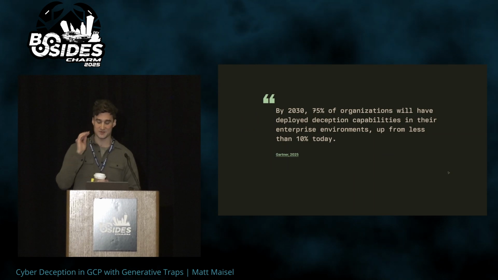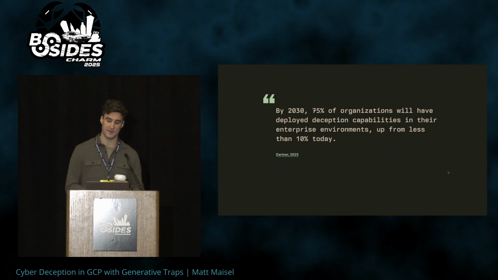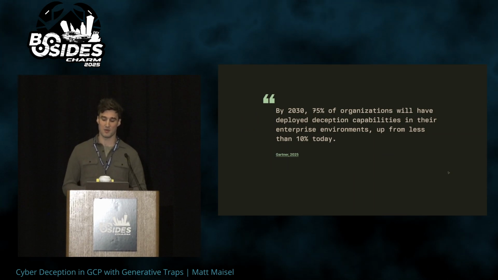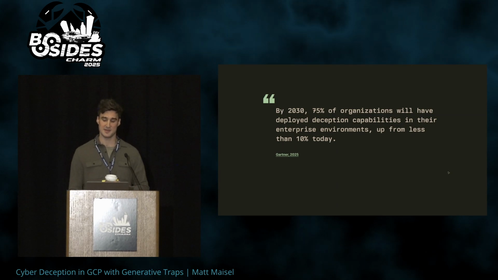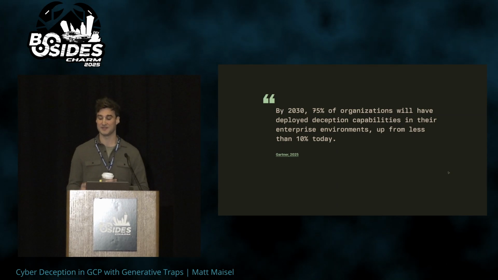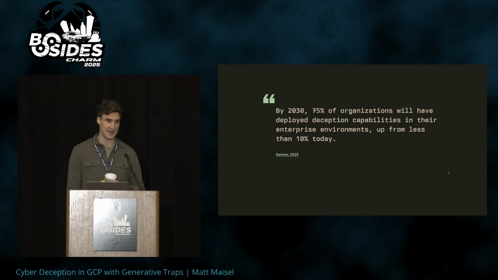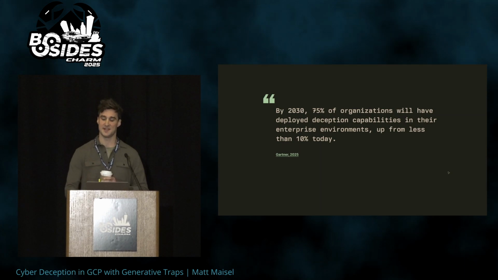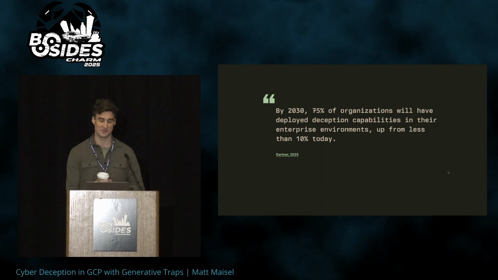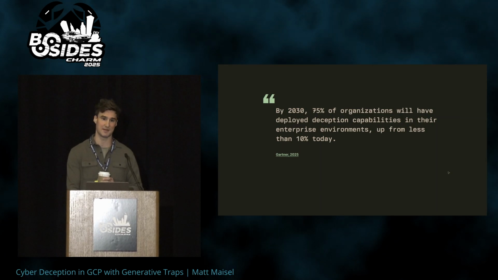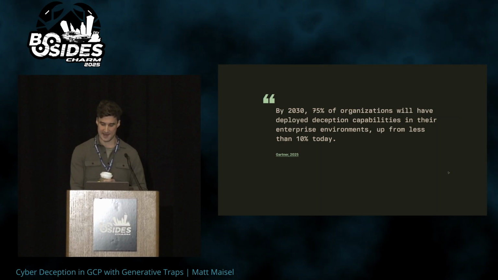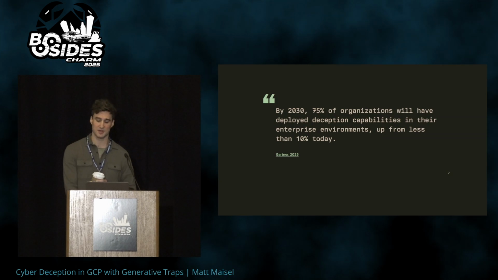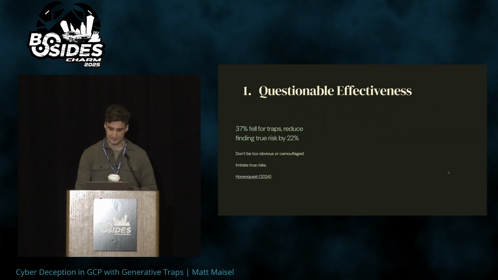But looking at reports from Gartner, at least right now, they're saying that by 2030, 75% of organizations will have some form of deception capabilities, and that's up from 10% today. So this is the best number I could find. If we're at 10% today, there are obviously challenges, and there's obviously a long way to go if we're trying to get more deception in our environments. And I see that mostly attributed to 3 different buckets of pain points.